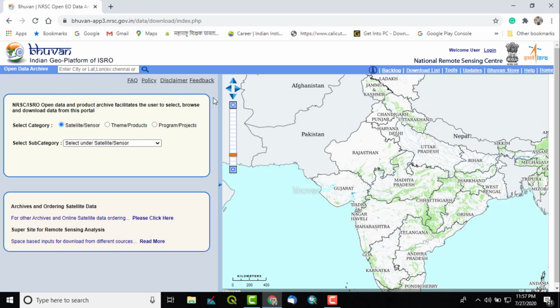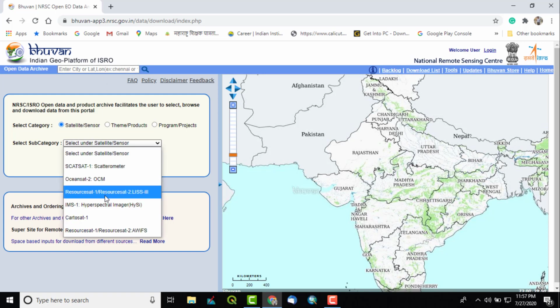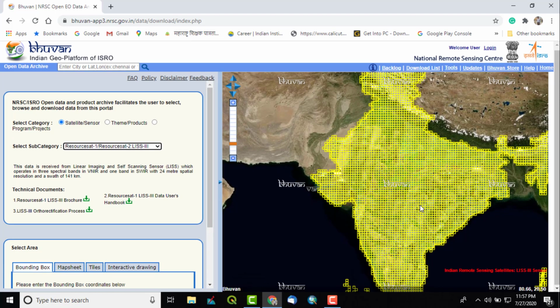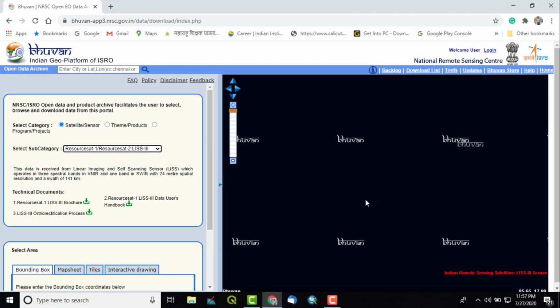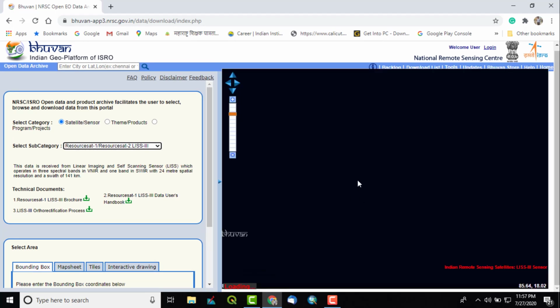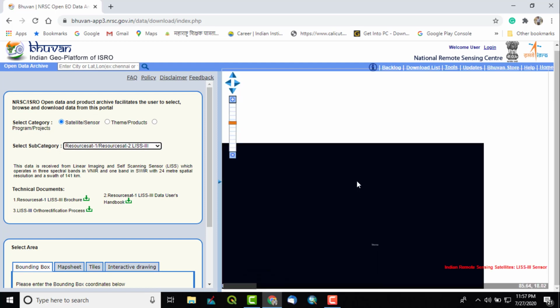Before downloading, we must subscribe, or first open an account, so we can log in from here. If you want to explore without login, you can explore, but you cannot download. Suppose I want to see any data, say Resourcesat LISS-3 satellite image data, I can visualize it, and zoom in and zoom out with the mouse scroll button.